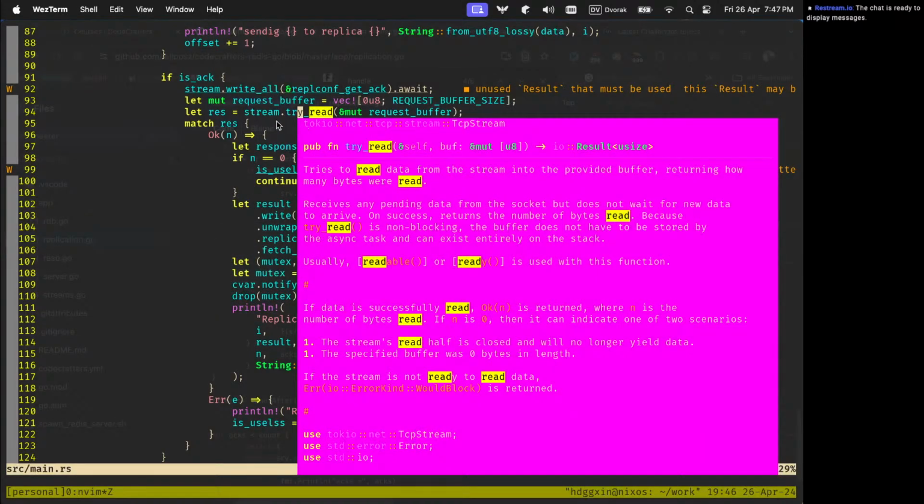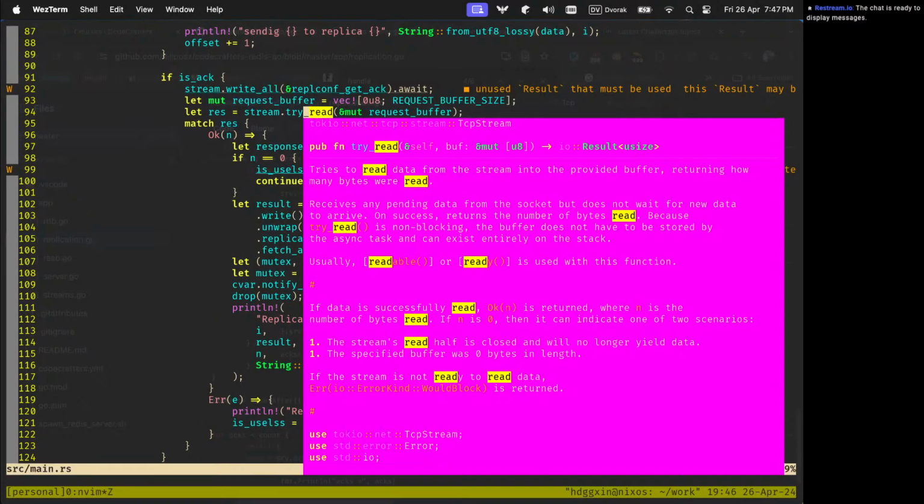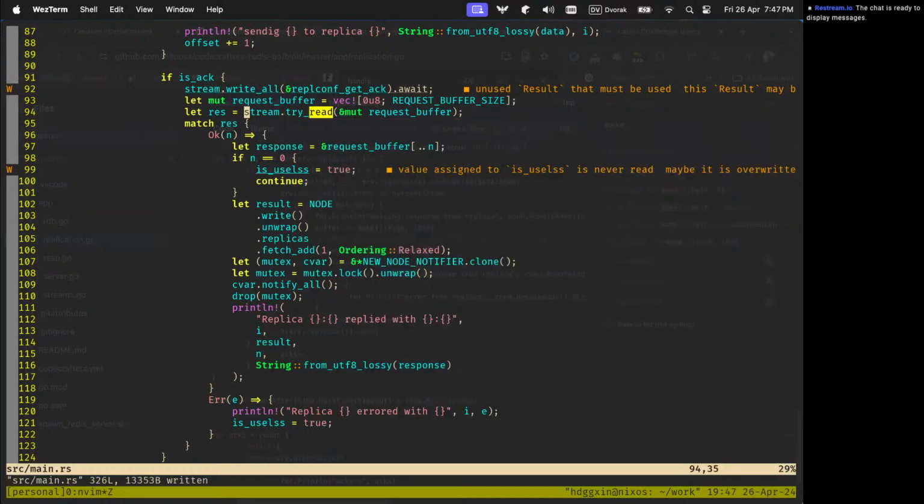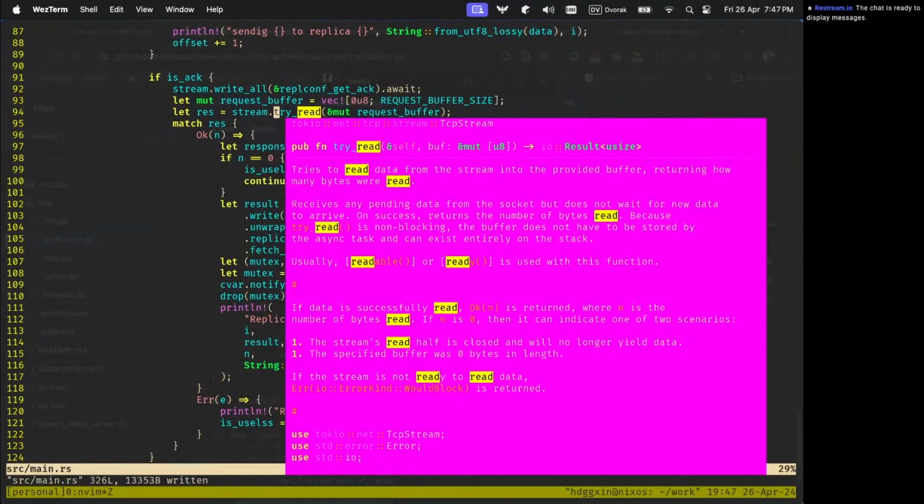So I should only do this try read if it is readable. Let's try to do that first. So try read will be done only if it is readable.